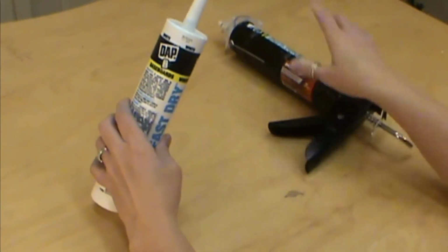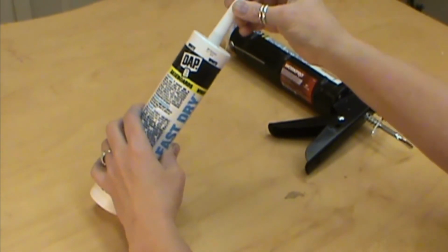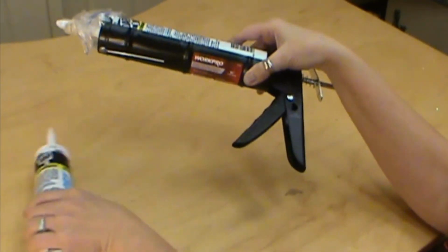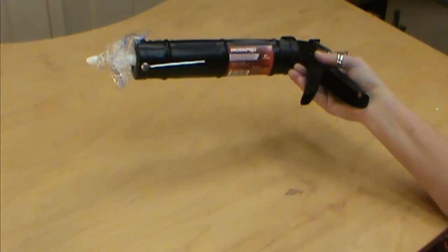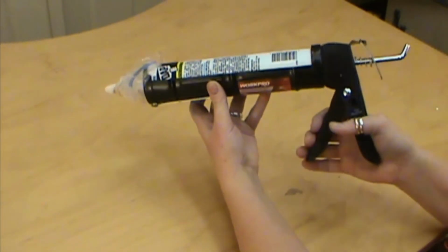You can cut it off with your scissors depending on how fast you want it to come out. You may want it smaller, you may want it bigger. On mine it also has a tip cutter that you can cut the tip off as well. This is just a caulking gun. You can find it in the section with the caulking as well, and we're just going to dispense it that